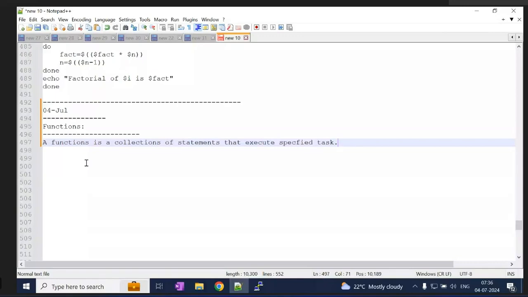Suppose you are using that functionality in the program 3 to 4 times again and again.